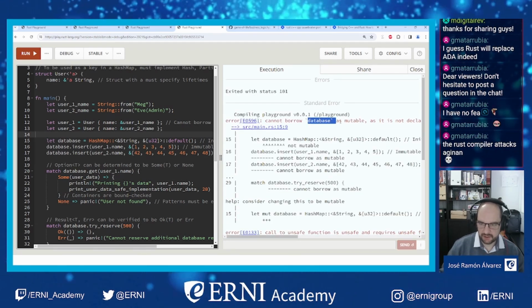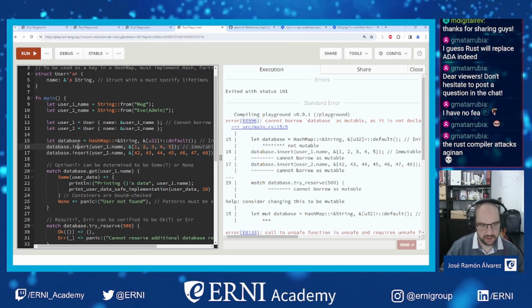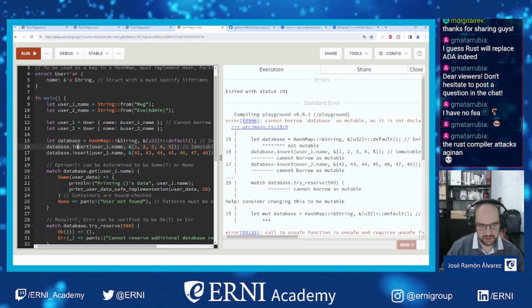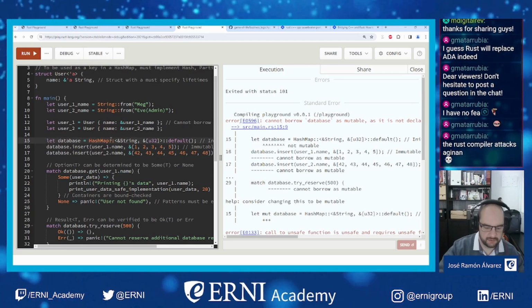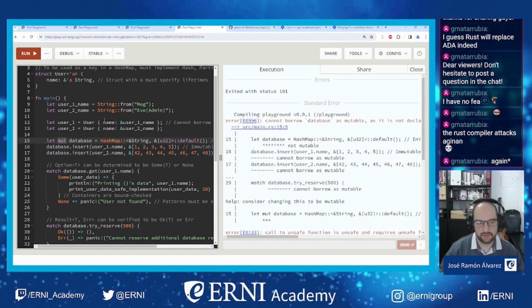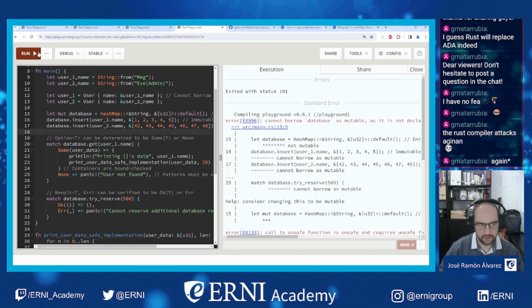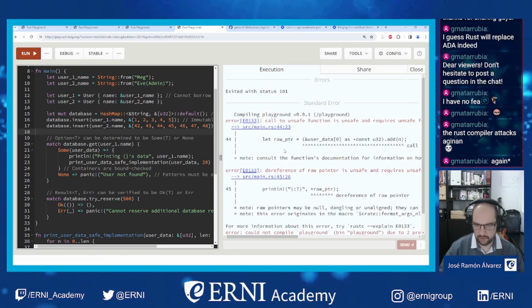Cannot borrow database as mutable. Of course, immutable by default. Here we are inserting a user, that is, we are changing the database, but it's not mutable because we didn't put mut to indicate that this database can be mutated. And then,